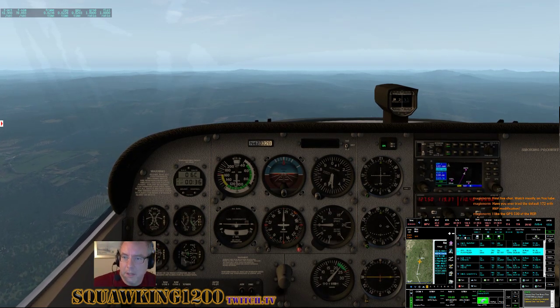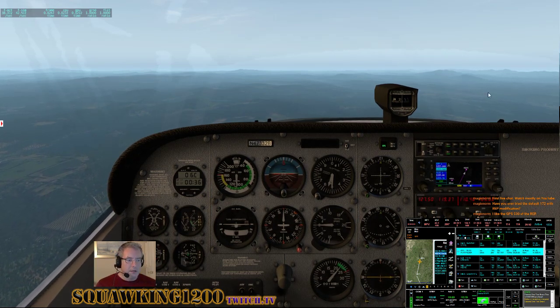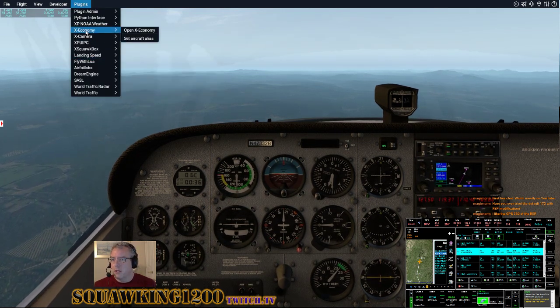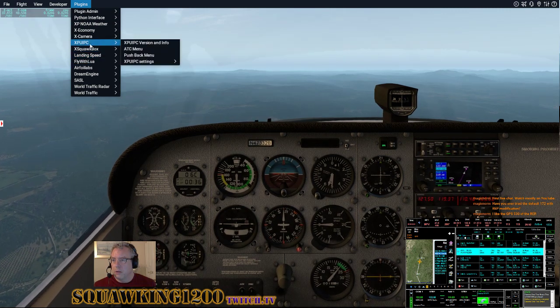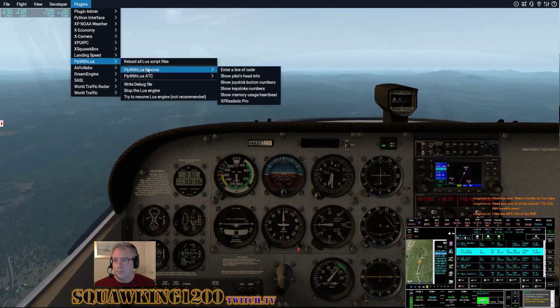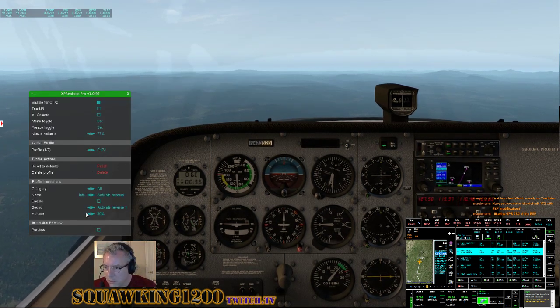I also have X-Plane Realistic, which I don't know if you guys can hear the crazy amount of wind noise that's coming through my headset, but I have not been able to. Where is it? It is under Lua, macros, X-Plane Realistic. Alright, so if we want to go